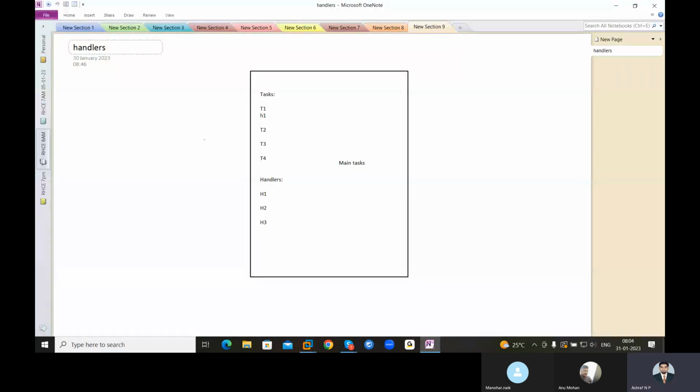Okay, we are discussing handlers. What is a handler? Handlers are a type of task, and a handler task will not run until you are notified from the main task.